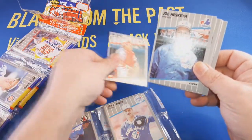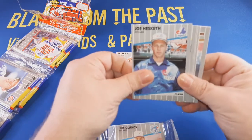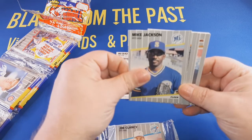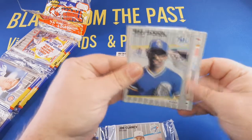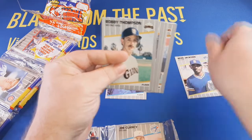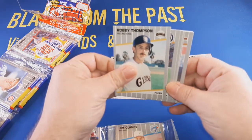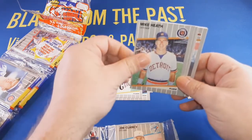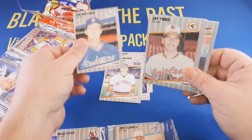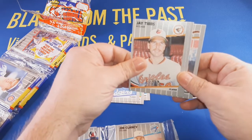Behind him we have Joe Hesketh. We have Mike Jackson with the Mariners. I will set any and all Mariners cards aside from my father-in-law, who is a huge Mariners fan. Then we have Mr. Robbie Thompson, Mike Heath of the Tigers, Tim Belcher of the Dodgers, Jay Tibbs with the